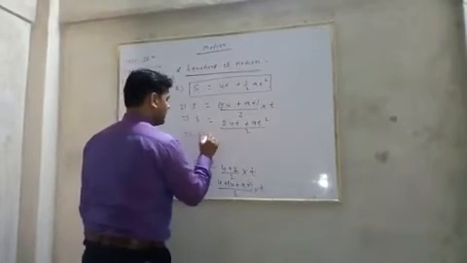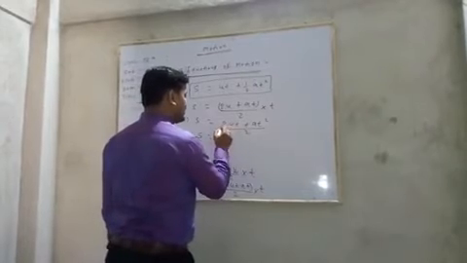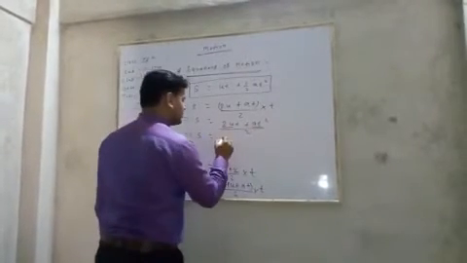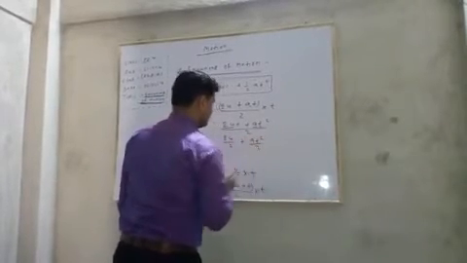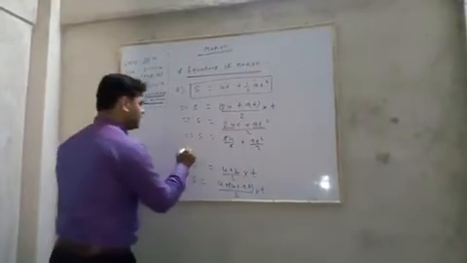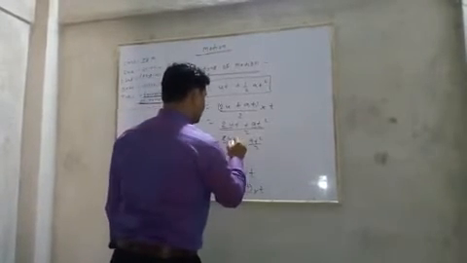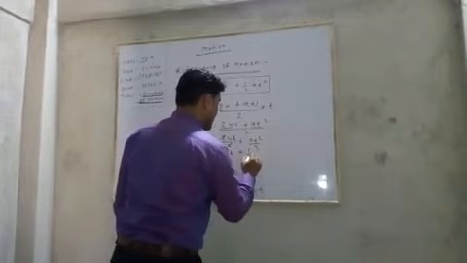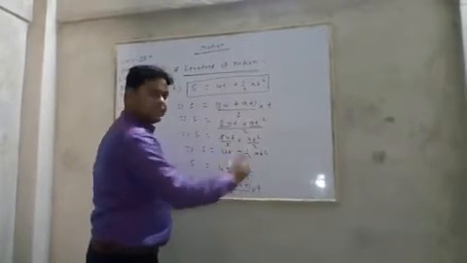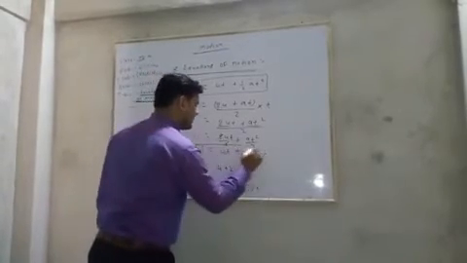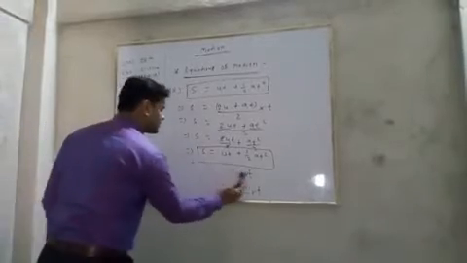Now s is equal to what? This 2 is dividing 2u and at square, so 2u by 2 plus at square by 2, the 2 will be cancelled, so s is equal to ut plus half at square. at square by 2 can be written as half at square. So the second equation of motion has been proved: ut plus half at square.